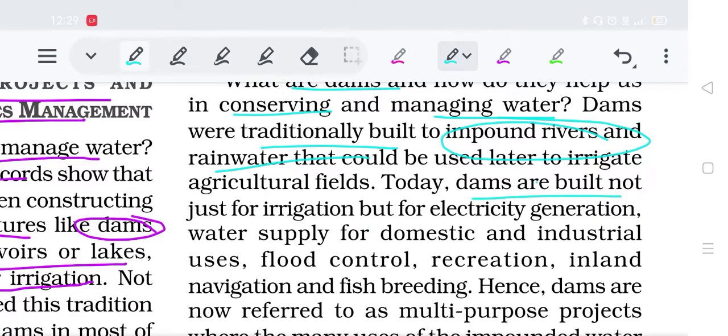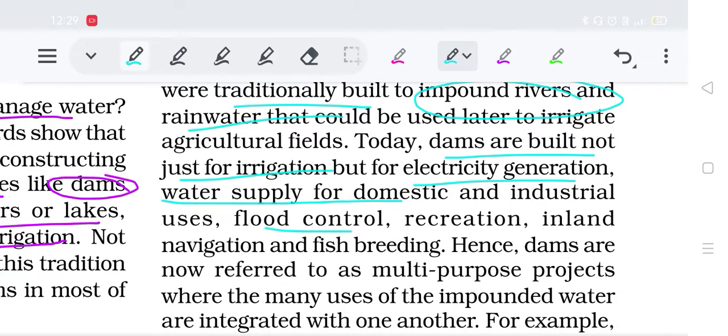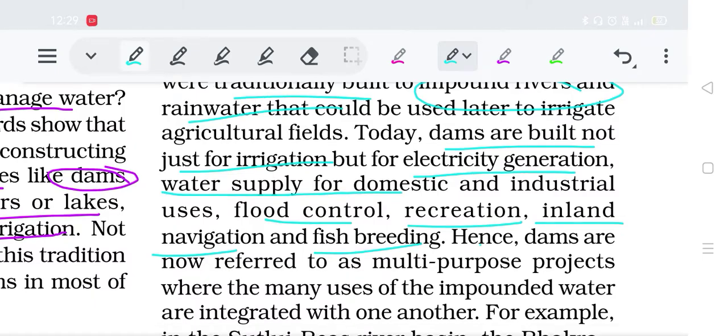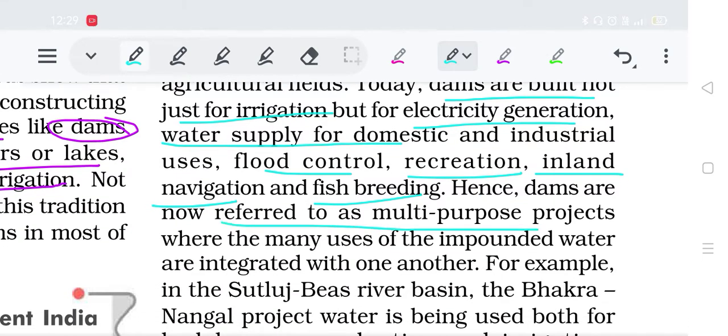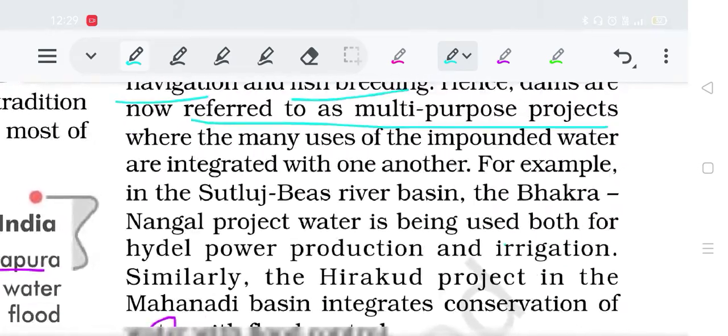Today, dams are built not just for irrigation but for electricity generation, water supply for domestic and industrial uses, flood control, recreation, inland navigation, and fish breeding, and hence dams are now referred to as multi-purpose projects. How many uses of impounded water